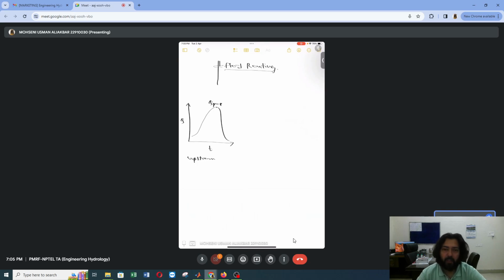Now we want to find what the changes in this hydrograph will be when it flows from the upstream to the downstream end, right? If we want to derive another hydrograph at the downstream of the river, we have to use some technique, and that technique is called flood routing. Flood routing is nothing but using a hydrograph on the upstream side of a river to derive a hydrograph on the downstream side of a river. That is done only by using flood routing techniques, right?